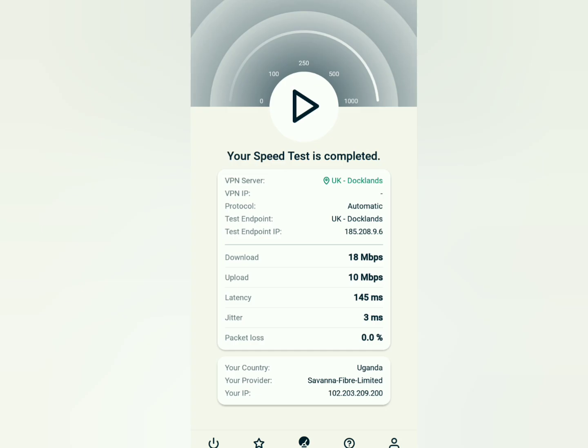So these are the speed results. The download speed is 18 Mbps, the upload speed is 10 Mbps, the latency is 145 ms, the jitter is 3 ms, and the packet loss is